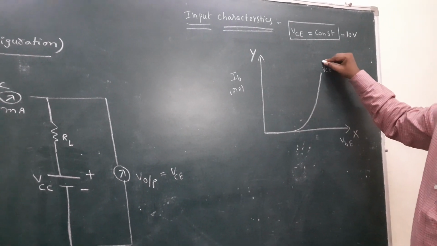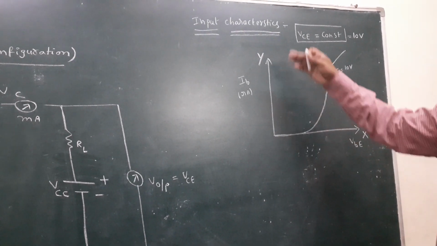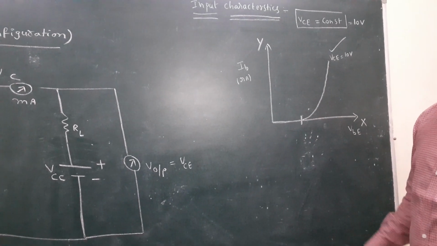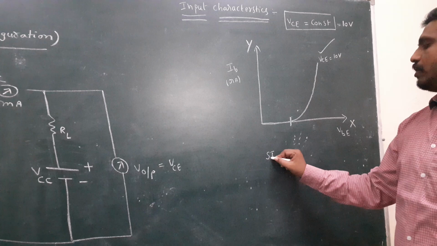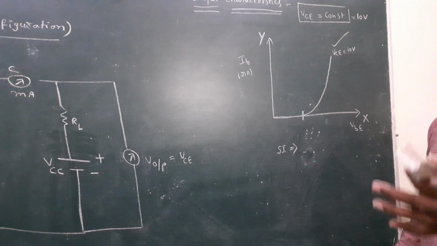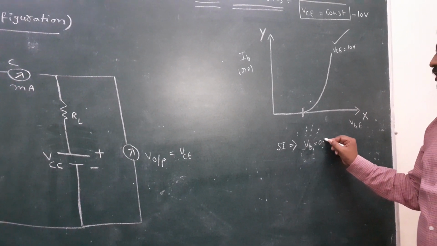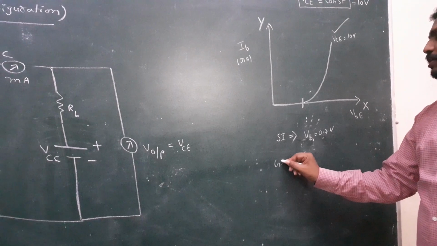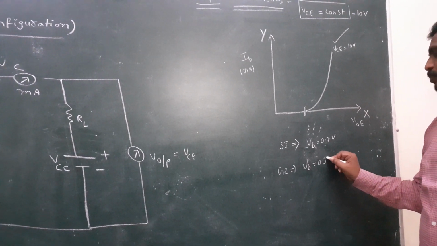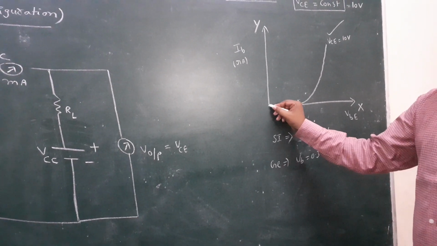Here the output voltage is fixed. The input voltage changes, and the corresponding current also changes. Up to here there is no change Nana, because for a silicon diode, the transistor is made of silicon, its potential barrier is 0.7 volts. Germanium potential barrier is 0.3 volts. That means the potential barrier is present up to some voltage.